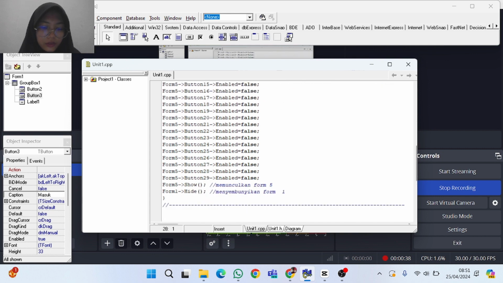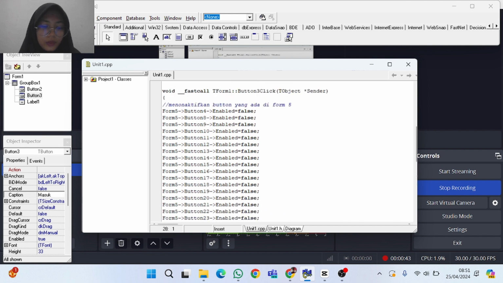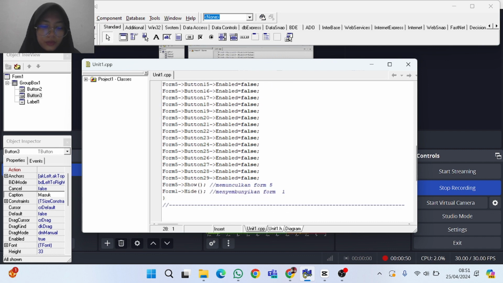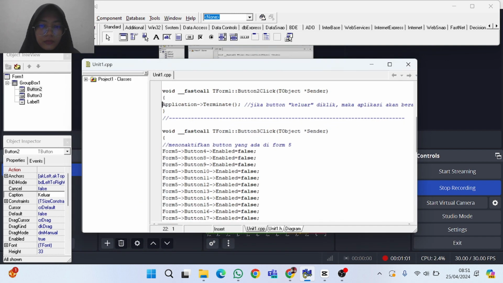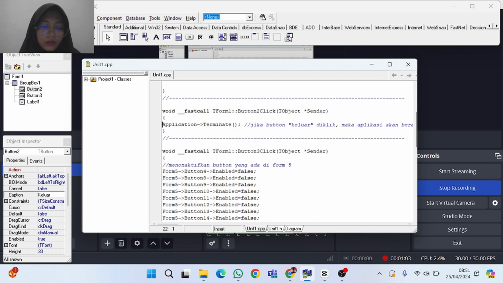This is the button to enter Form 5 and also disable the buttons in Form 5 until they are used. This is the shortcut to show Form 5 and hide Form 1. This is the shortcut for the exit button. If clicked, the application will end.